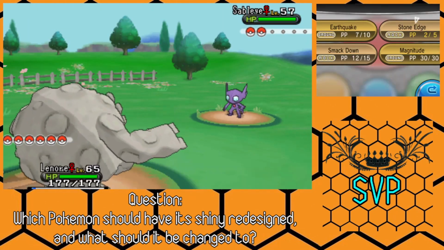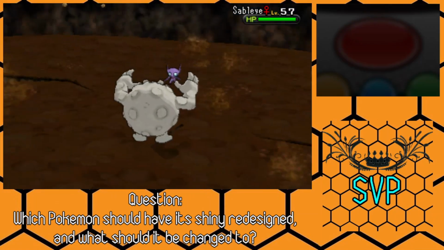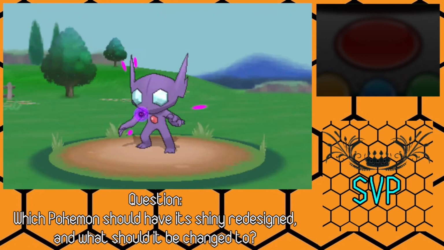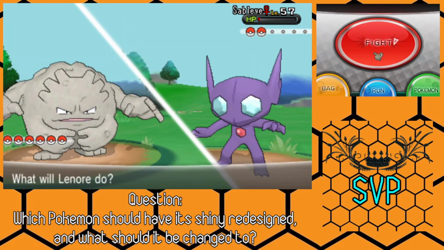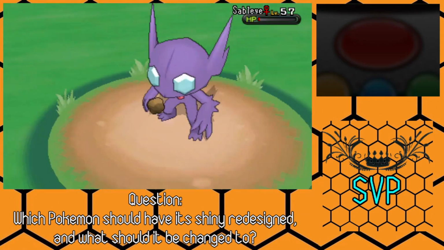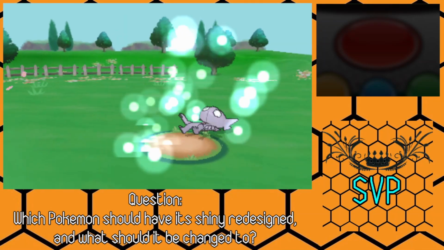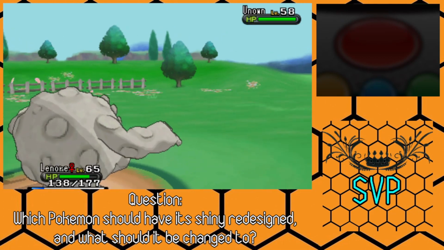So, I don't feel like I'm going to have much issue with Sableye. I just Earthquake, I guess. I could probably replace Magnitude, but I just don't know with what. That's reality. Because maybe Power Up Punch would be the way to go with Lenora. Just really give her tons and tons of power. Maybe Bulk Up. But Power Up Punch does damage and boosts. And I don't know that I really need...